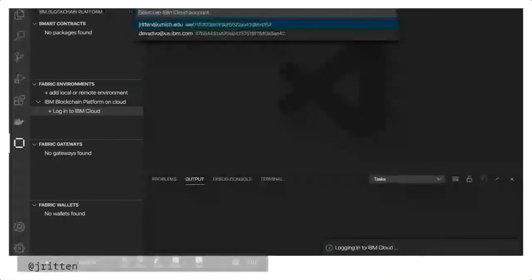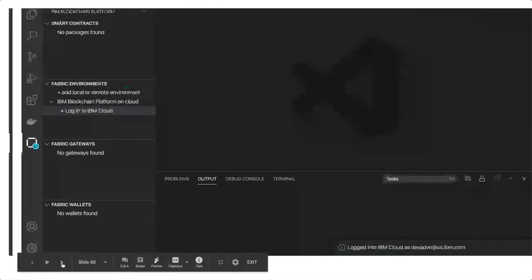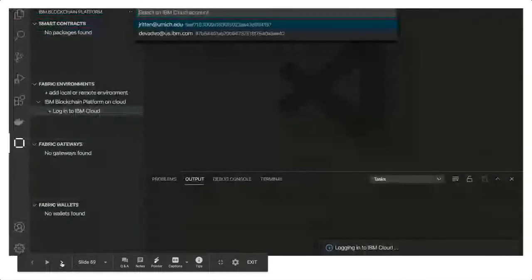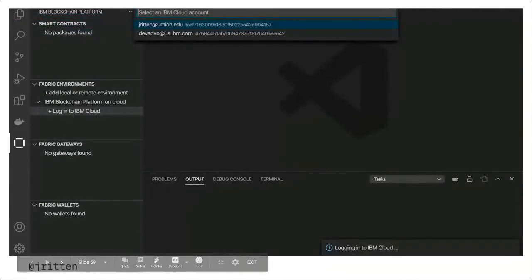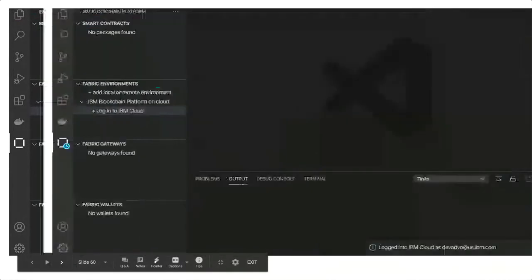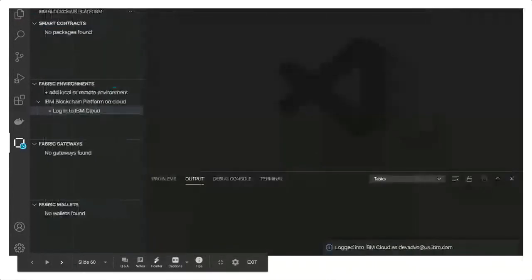and then you'll be able to select an account. So you should only have one account, although if you have multiple accounts, choose the account that you set up your Kubernetes cluster on. I would also recommend waiting for your node workers to finish with your cluster so it's accessible. So once you're logged in, you should see this message down here at the bottom that shows that you're logged into IBM Cloud and which account you're logged in under.